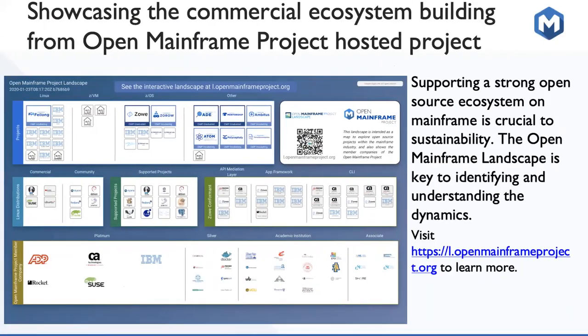And last but not least, while we're definitely a host of projects, we recognize that this space is very broad, and we want to make sure that space is recognized appropriately out there, along with the larger commercial ecosystem that is building upon these offerings to really pull that together. So, with our driving force here of being that sustainable engine to help support this ecosystem, the Open Mainframe landscape,